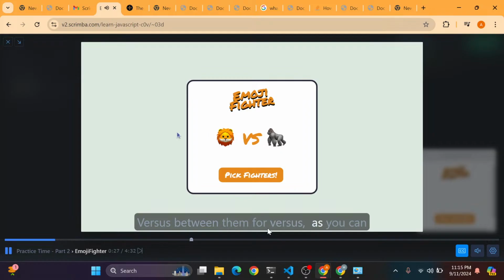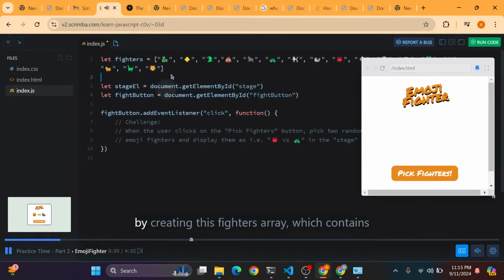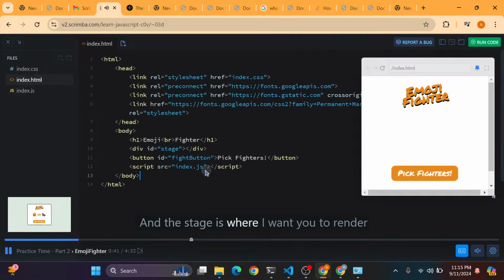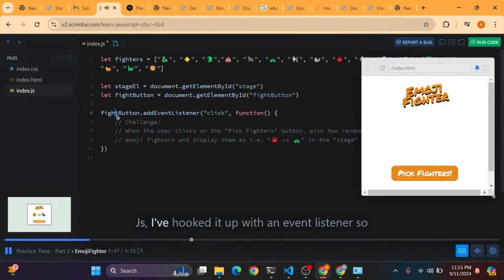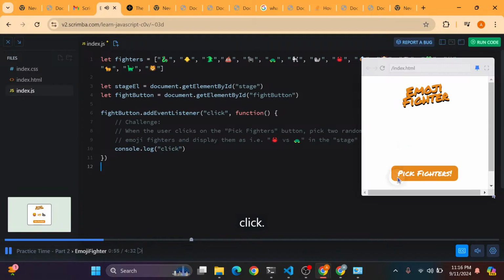As you can see, I've coded up the skeleton for you here by creating this fighters array, which contains all of our different fighters, and also fetching references to the stage and to the button. And the stage is where I want you to render out the emojis, and the button is the one right here. As you can see in the index.js, I've hooked it up with an event listener so that we listen for clicks, which we can verify by inside of this callback function, logging out click, so that now if we